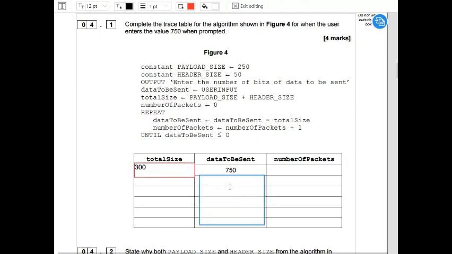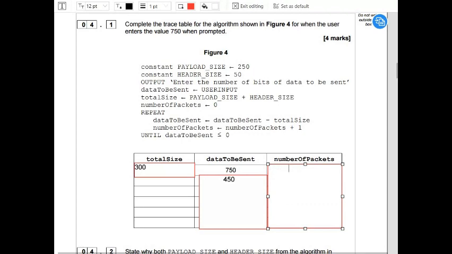Which is going to give us 450, just like that. And then in the number of packets, that is the iteration. So in the first one, we're going to have 0. And then after the 450, we're just going to have 1. Okay? And then it's going to be the same. So 450 take away 300 is 150, and then that's going to be 2. Last one is going to have 3 packets,